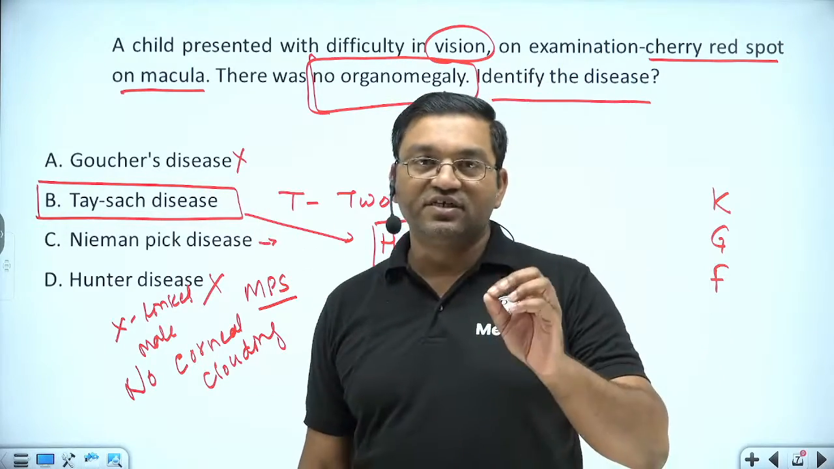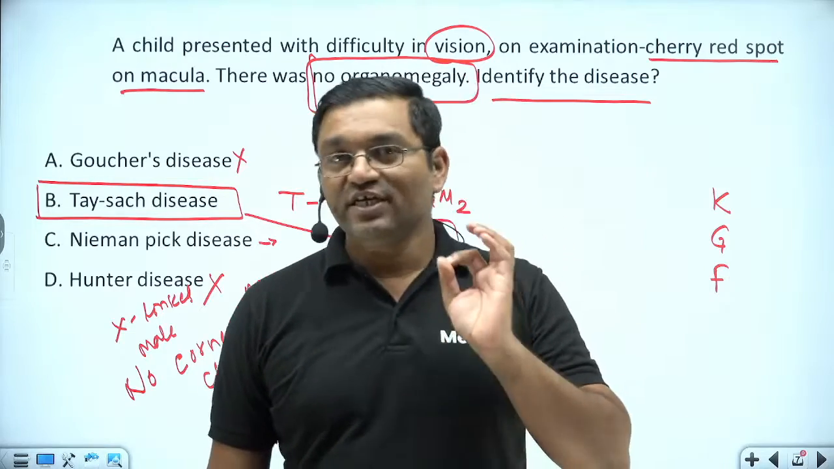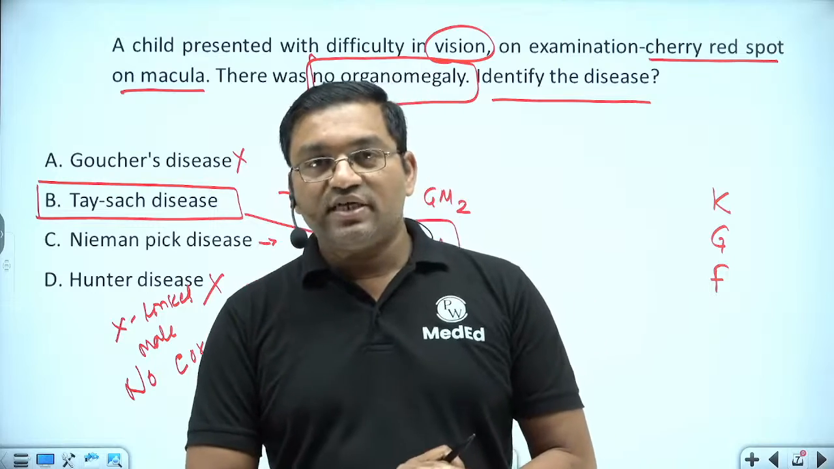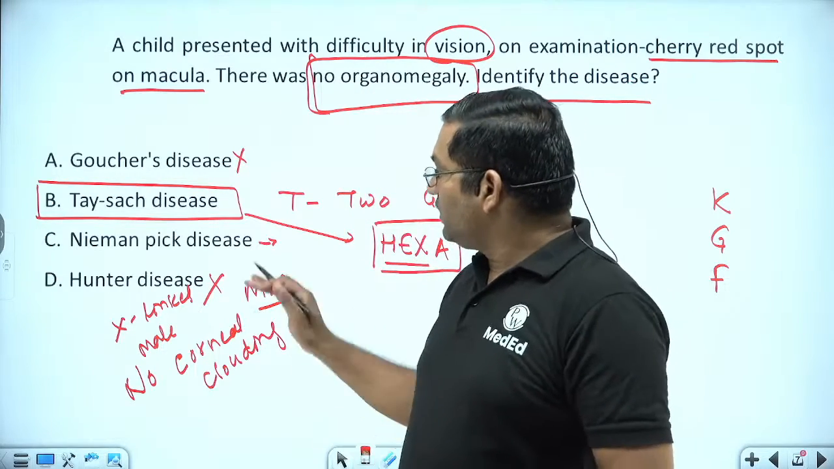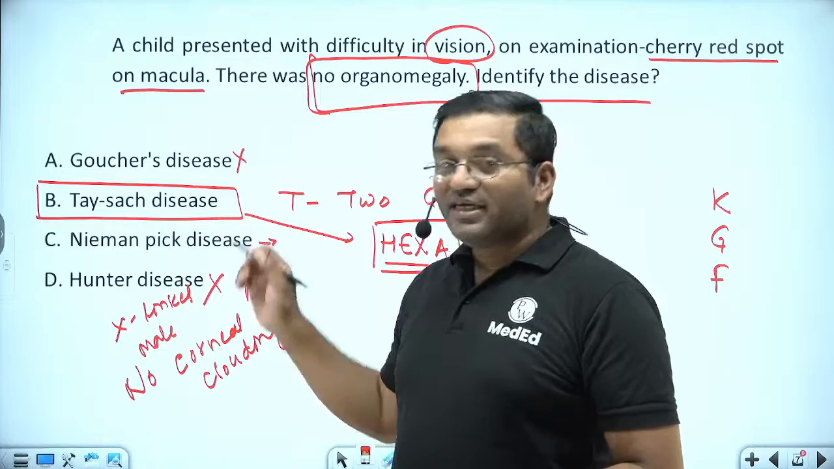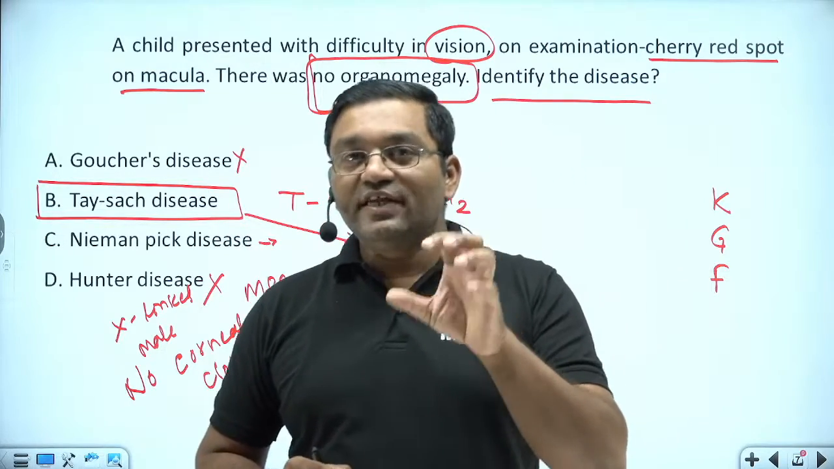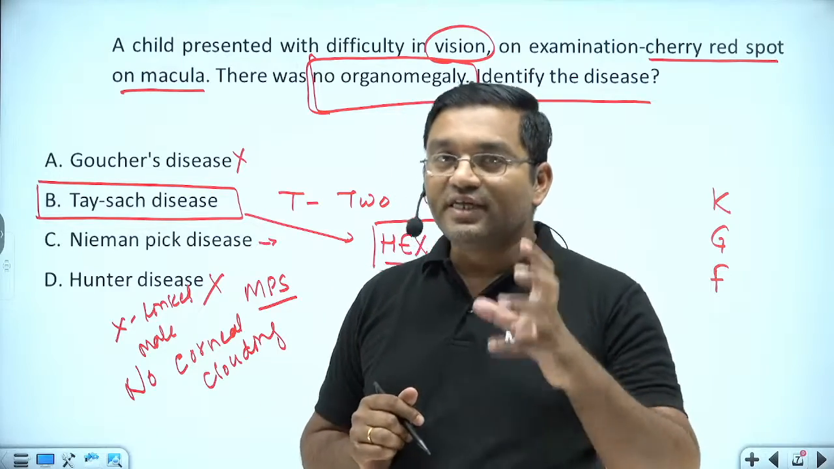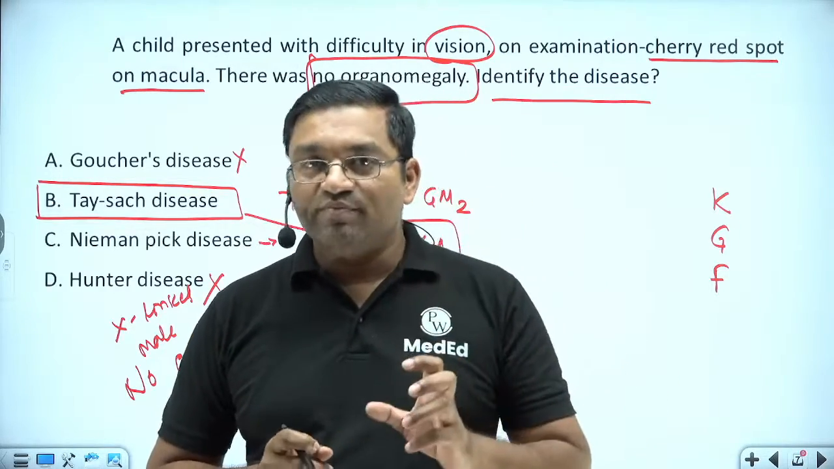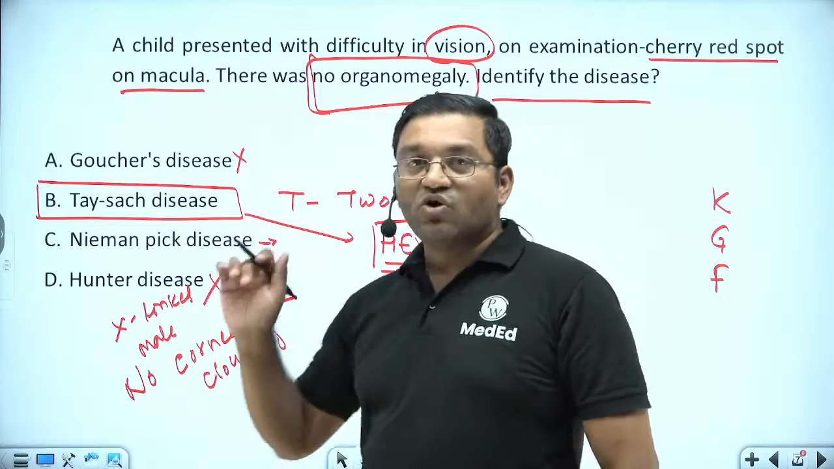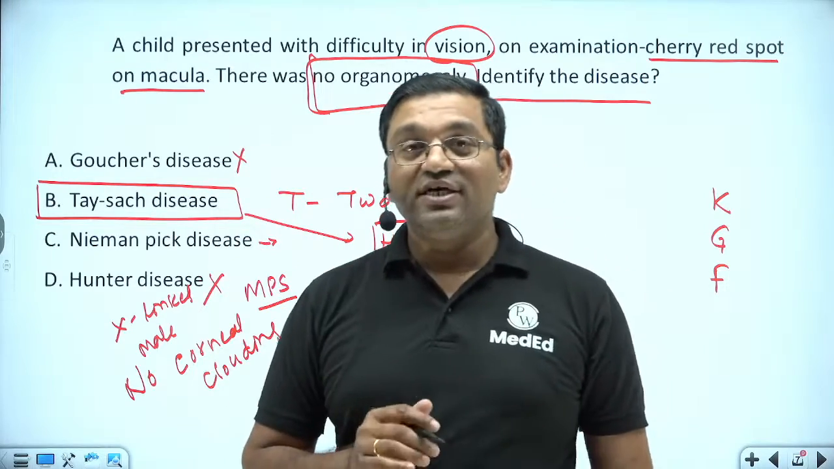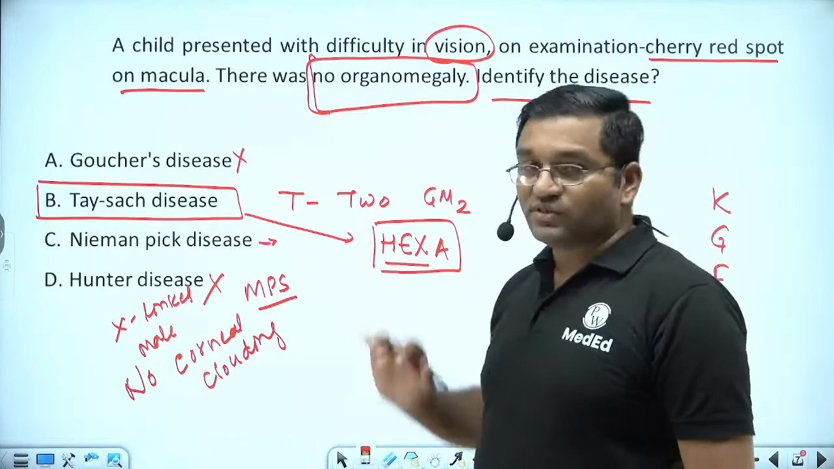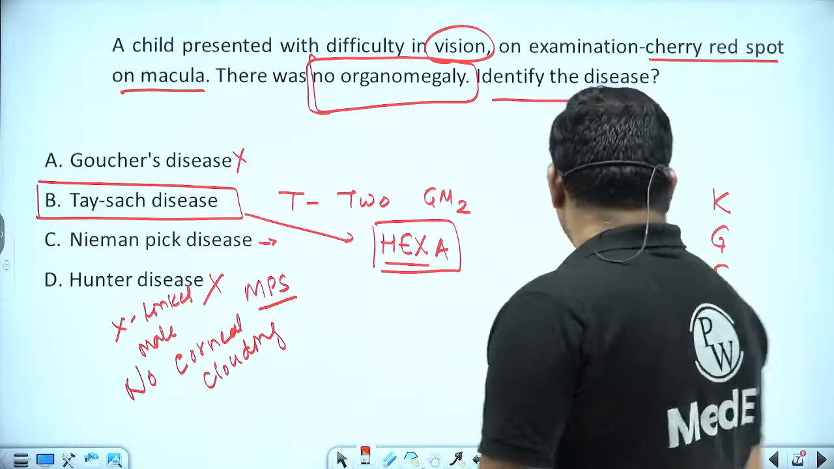The typical feature is there is no organ involvement in Tay-Sachs disease, but there is cherry red spot on the macula. There is progressive neurological involvement in Tay-Sachs disease, and there is eye problem. While in Sandhoff disease, which is also a GM2 gangliosidosis, there is organomegaly. Additional feature is organomegaly in Sandhoff's disease. Okay, so see